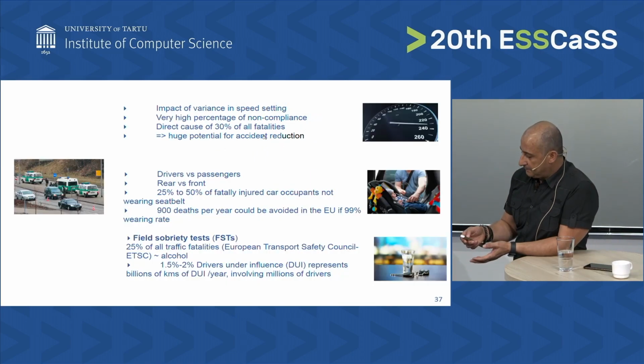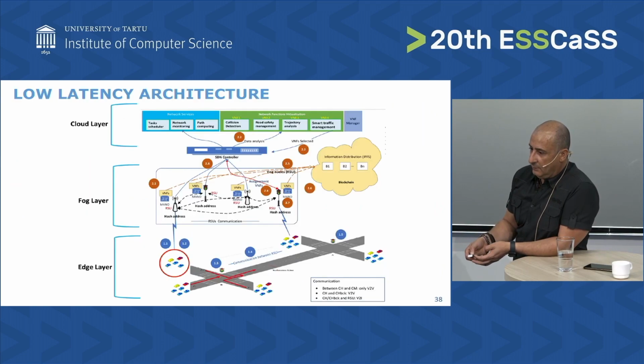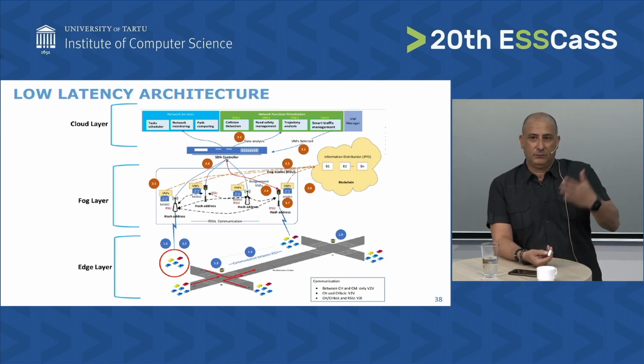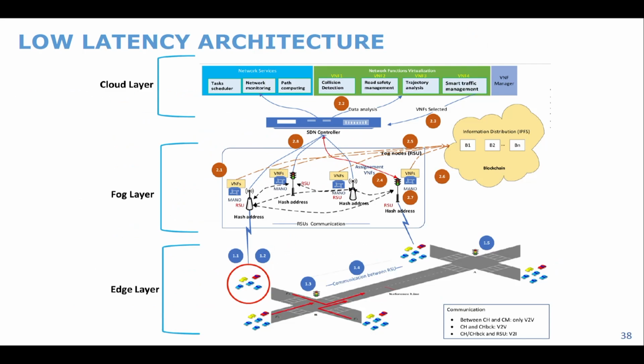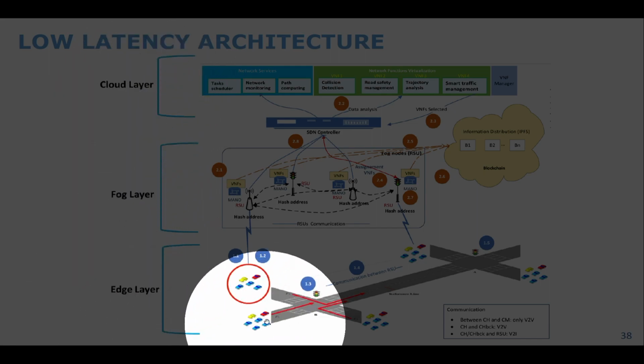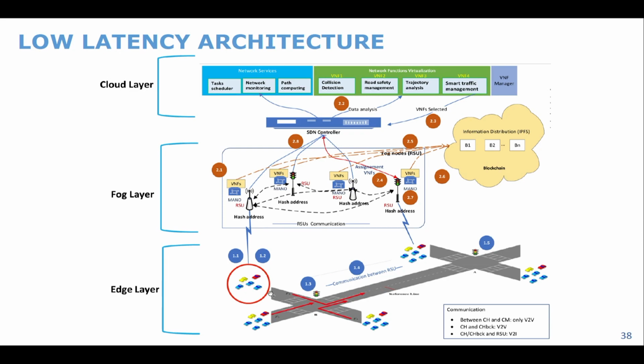So the idea, I was discussing with Amir this morning. This is the low latency architecture that we are suggesting and thinking about. In this, there are 3 layers: the edge layer, the fog layer, and the cloud layer. So the idea, we have cars. But, you know, on the road, we do not have only cars. So this is the first weakness of my architecture.